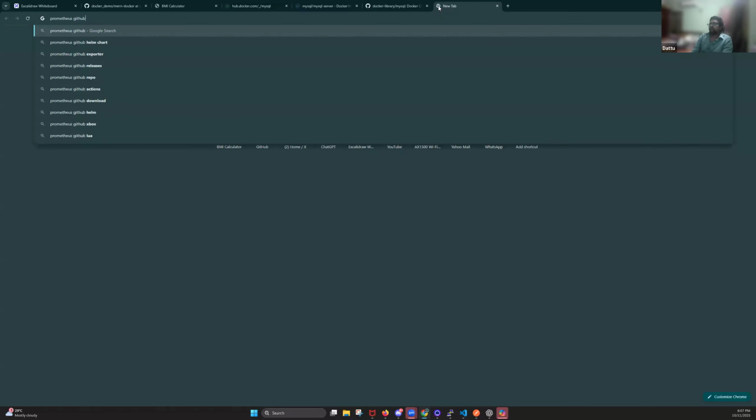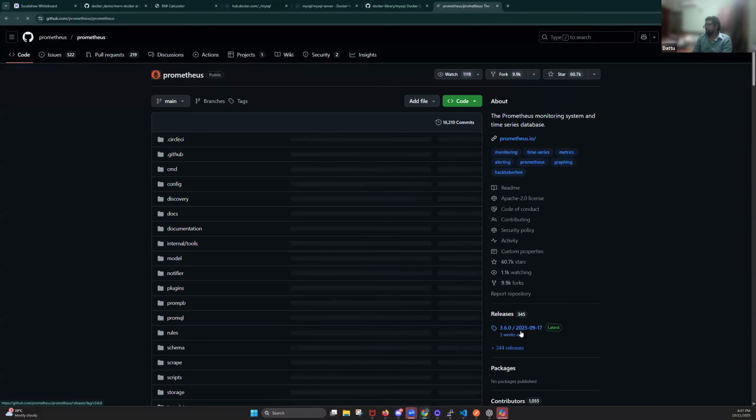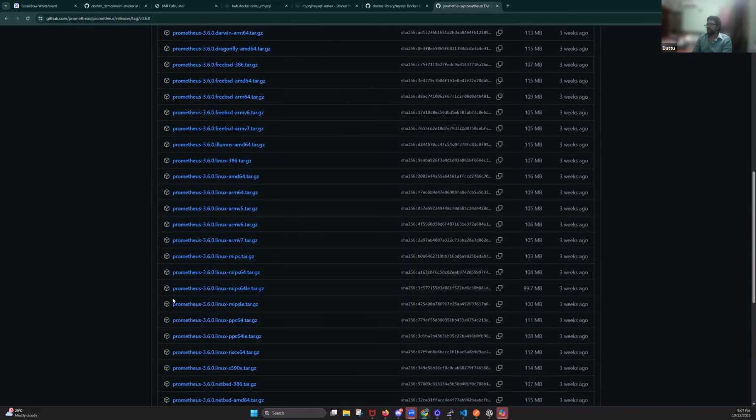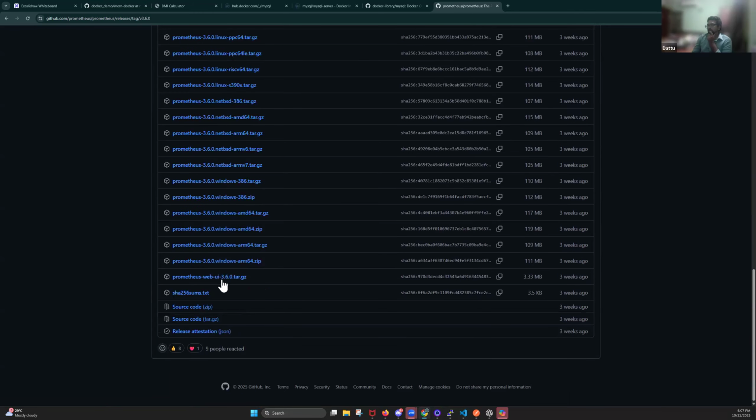GitHub. If you see the releases, and if you see the packages, you see ARM64 package, Darwin, FreeBSD, Linux. And if you see, there is a source code. And if you open the source code,